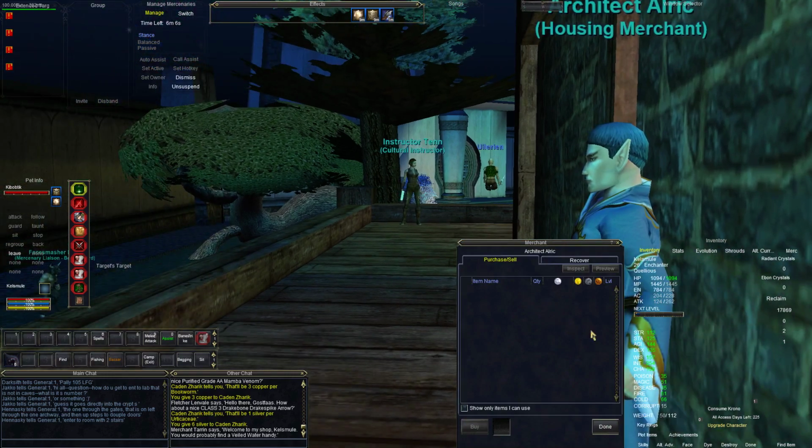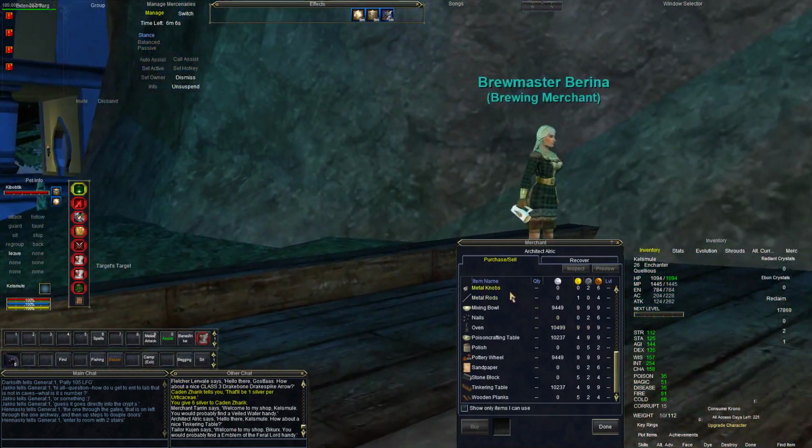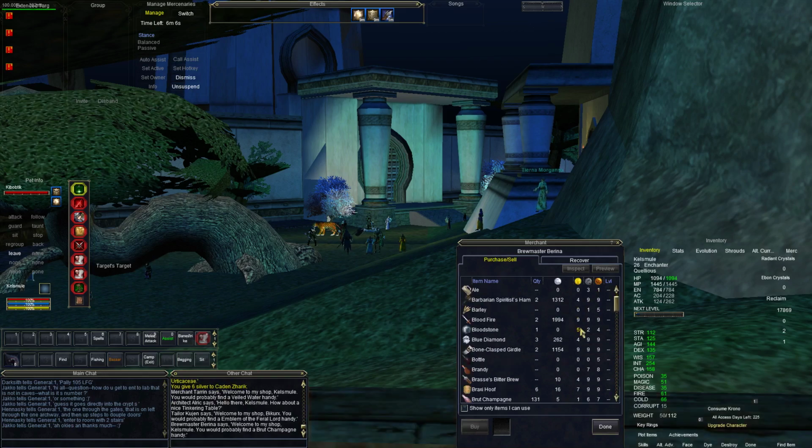Housing merchant here real quick. Brewing merchant. You'll notice we're getting closer to the guild hall area, so people tend to use the merchants closest to the banks in the guild hall area. Inside of the guild hall,